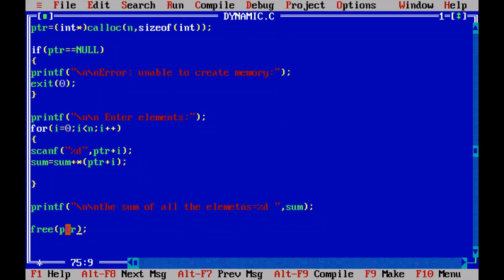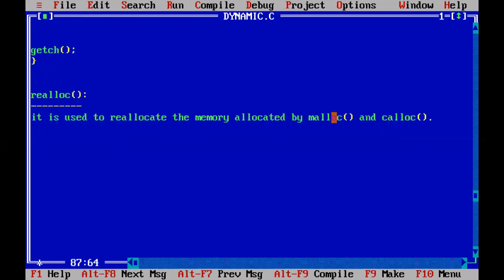We are left with only one function, that is realloc. The reason for using the realloc function is this: I allocated space for 5 elements. Whenever the program is executing, I may need to allocate memory for 3 more elements or 4 more elements. So I cannot use the malloc function. If you use malloc again, the earlier memory will be released and new memory will be occupied.